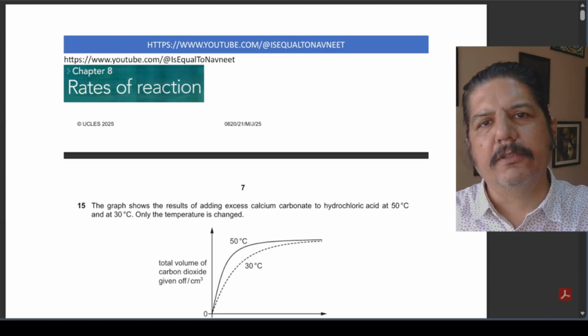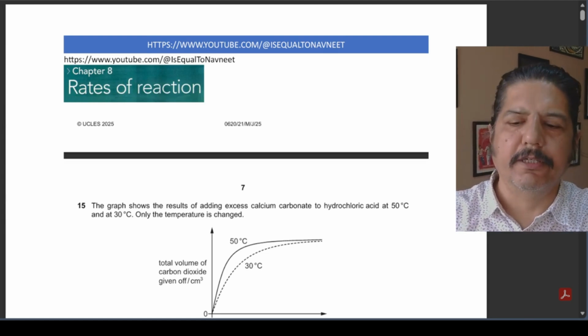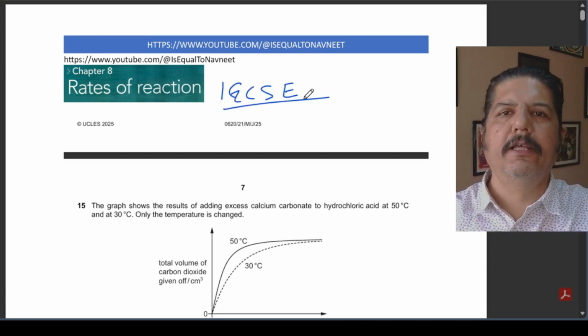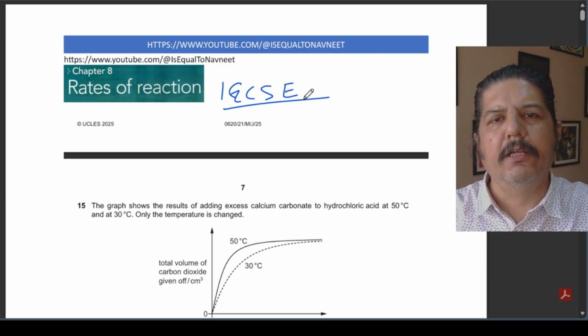So, welcome to another lecture. In this lecture, we'll be doing rates of reaction. This is an IGCSE topic. So, fairly interesting topic and fairly easy topic. But